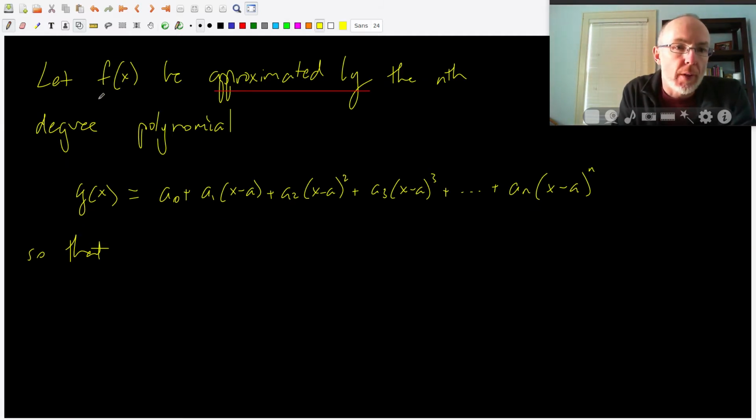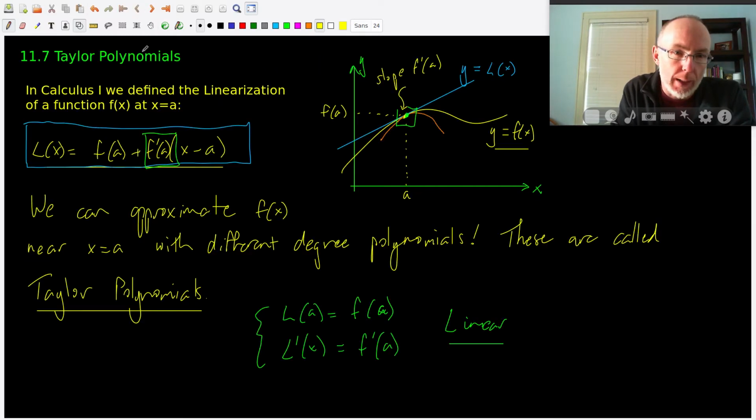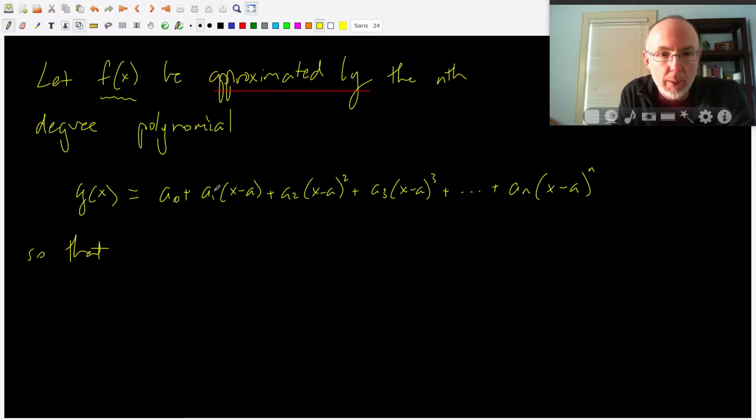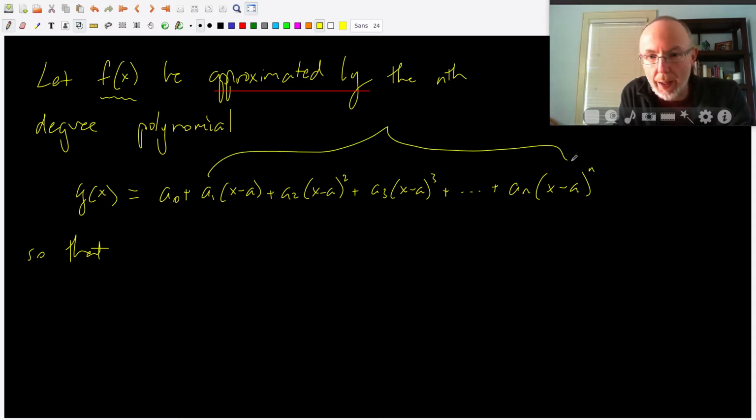So I want a function f of x to be approximated in general by an nth degree polynomial. And here's a general nth degree polynomial, and we've chosen it to be centered at x equals a. Just like before, this one was designed so that when I plug in x equals a, this term disappears and I'm left with this constant. And so looking at that, if I plugged in x equals a to this part, I'm going to be left with a sub naught. So what I want is f of a to equal g of a, right? I want those to